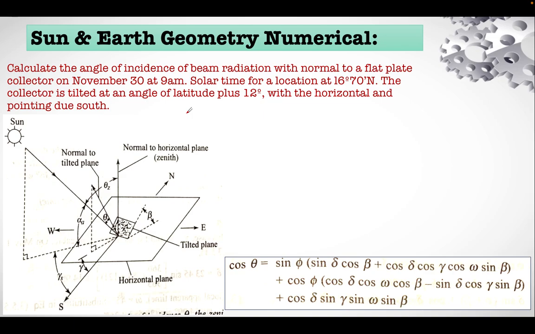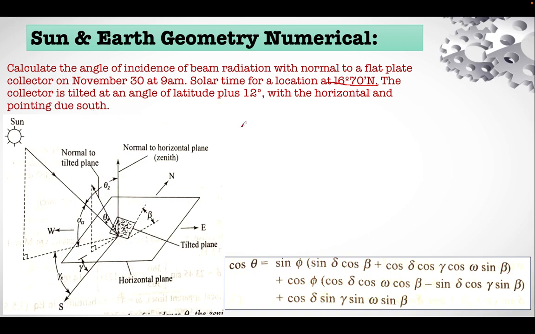Let me tell you the problem. Calculate the angle of incidence of beam radiation with the normal to the flat plate collector on November 30 at 9 a.m. solar time for the location of 16 degree 70 minutes north. First of all, convert this 16 degree and 70 minutes into only degrees, and then use that value. The collector is tilted at an angle of latitude plus 12 degrees with the horizontal and